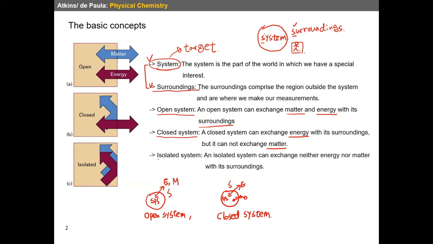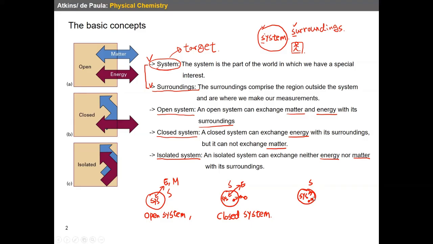And there is also the isolated system. Let's read it first. The isolated system can exchange neither energy nor matter with its surroundings. So what does this mean? There is a system, and here is the surrounding, and the energy cannot go through the walls of the system to the surroundings, and also